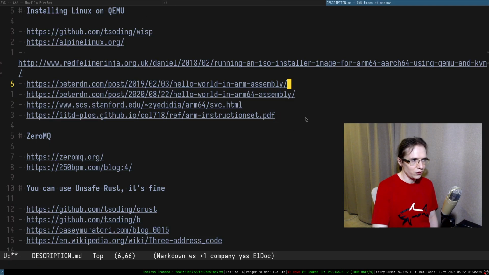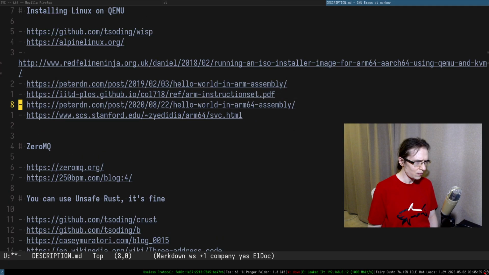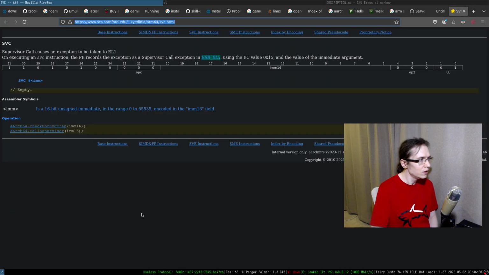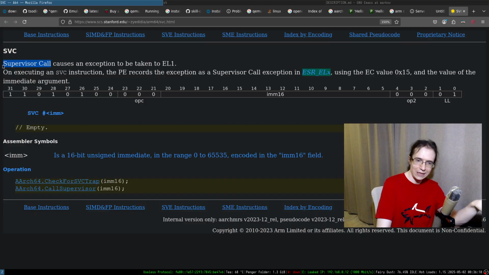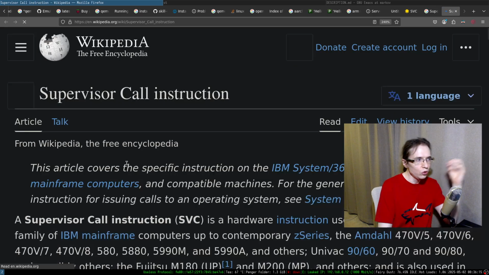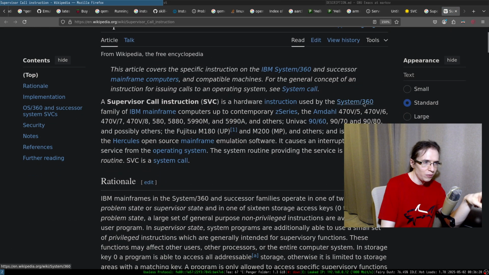Since this is 32 bits like this, and this is 64 bits, this is where we have this thing. Supervisor call causes an exception to be supervisor call. This is such a fascinating concept. Supervisor call. This looks so cool. A supervisor call is a hardware instruction used by